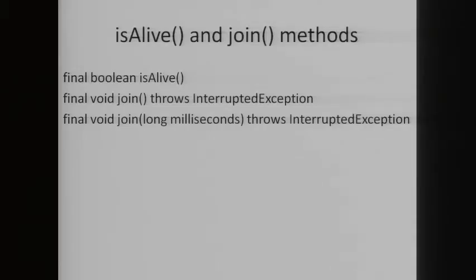And as mentioned earlier, often you will want the main thread to finish last. So this we have already discussed. We always want the main thread to terminate after all the child threads have completed their execution. Therefore, we can use the join method to ensure that all the threads created by the program have been terminated before the execution of the main thread. So let's take an example and see how the isAlive method works.